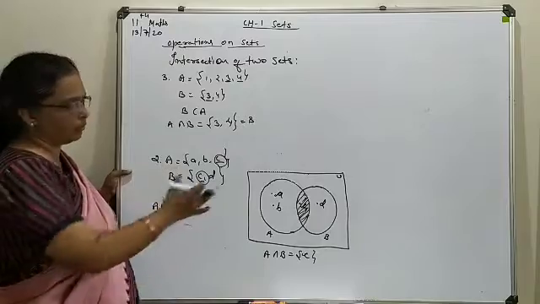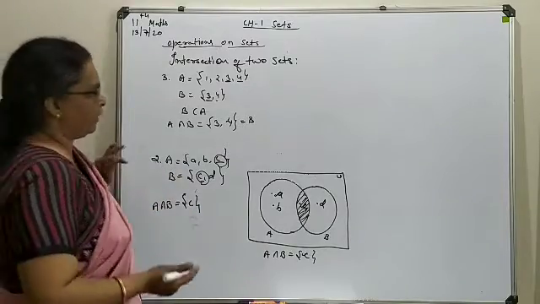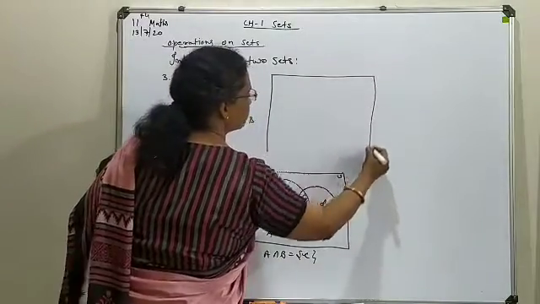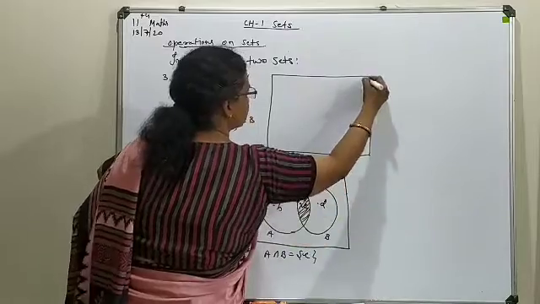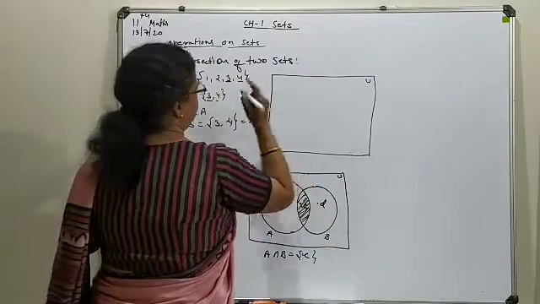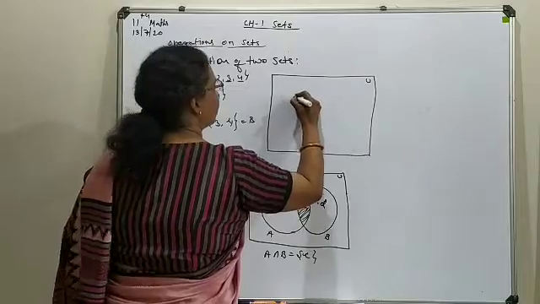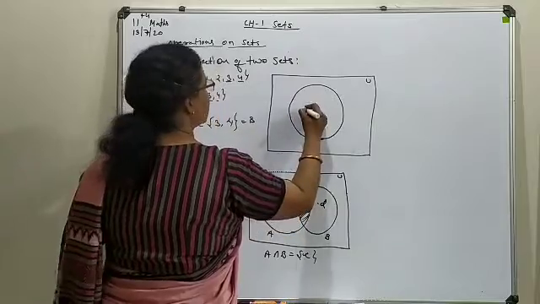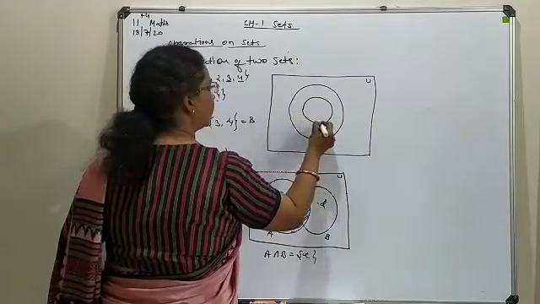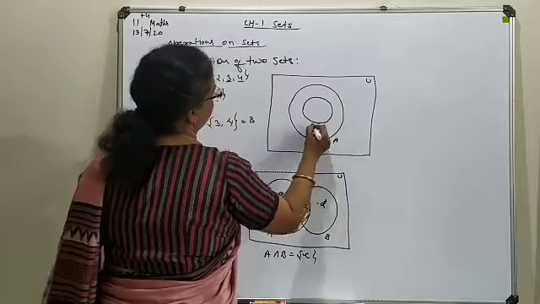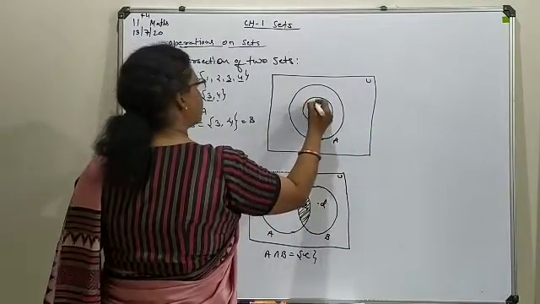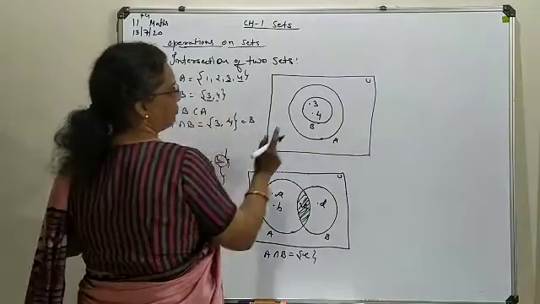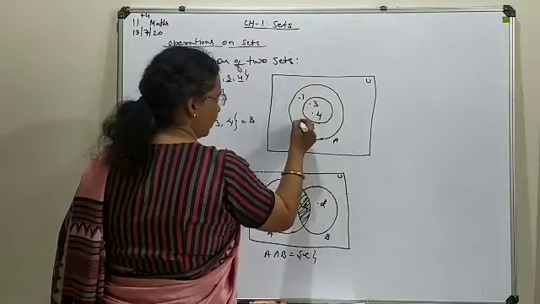Now the same thing we are going to sketch on the diagram. When you are talking about a subset form, first of all, in a large group, a small group is to be drawn. So this is your A, this is your B. In B we are having two elements, that is 3 and 4. Except these 3 and 4, A is containing two more elements, that is 1 and 2.